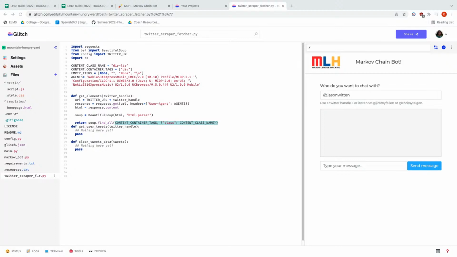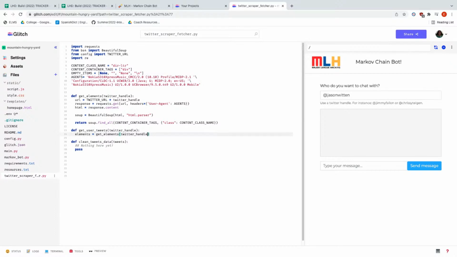So the next thing we're going to do is start working on the next function, get_user_tweets. You can delete the comment and pass. For the first line, you can write elements equals get_elements, calling the function from before, and as a parameter, pass twitter_handle. On line 23 it shows that we have a parameter called twitter_handle, which is the user's Twitter handle.